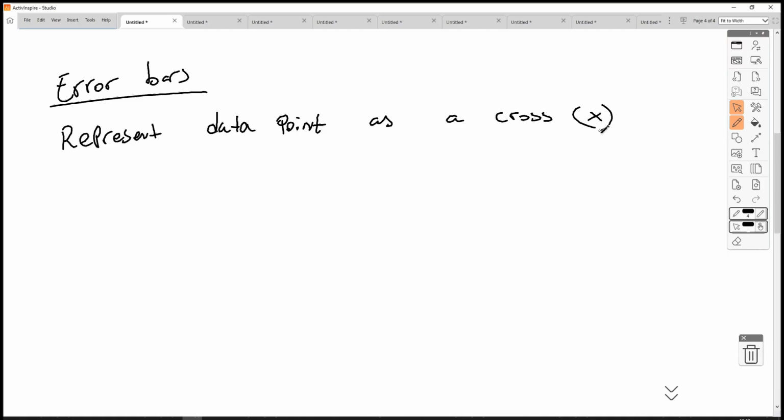For digital graphs, it doesn't have to be crosses, but for hand-drawn graph, it must be crosses. And the reason why, because dots are not visible once an exam paper is scanned. Dots are not very visible once you do a line of best fit. Crosses are very visible. So you represent your data point as a cross, and then your error bars